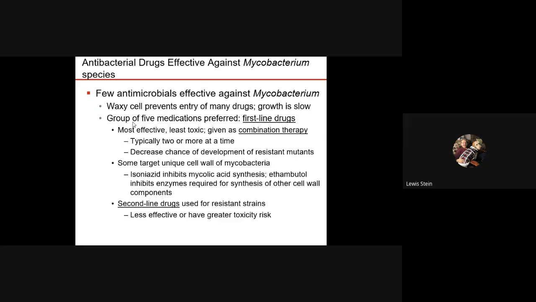So we have, and again, you have to use at least 2 of these for active tuberculosis, typically for at least a year, and about every 2 to 3 months, you change them out. You have what are called first-line drugs and second-line drugs. When we look more closely at the disease tuberculosis, you'll get an idea. They classify them as drug resistant or extremely drug resistant, some type of categorization. TB is a big problem.